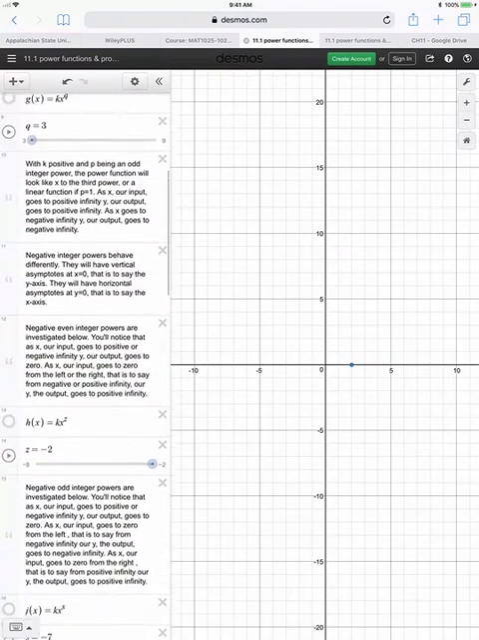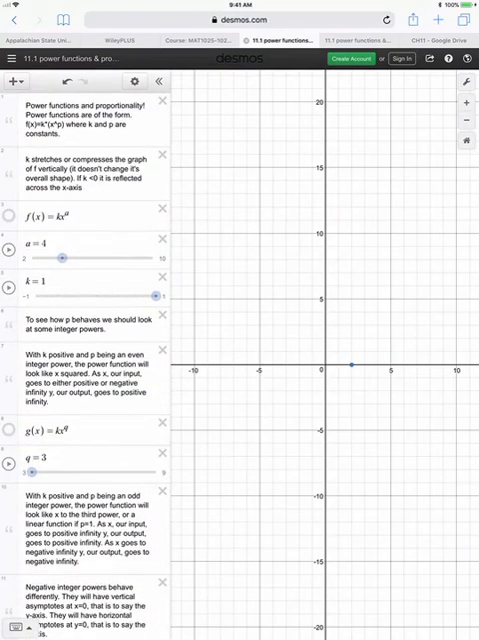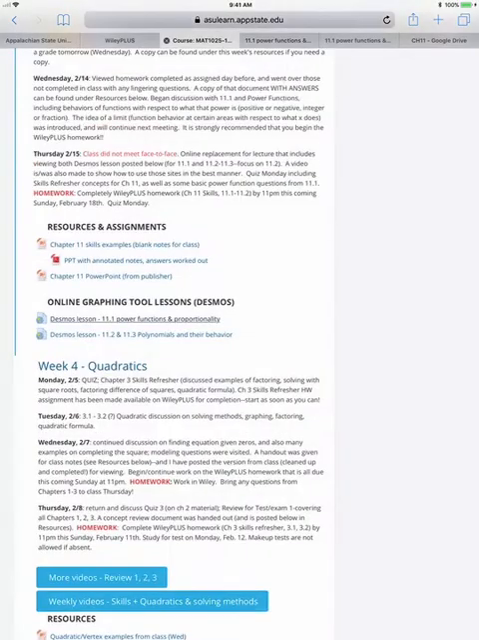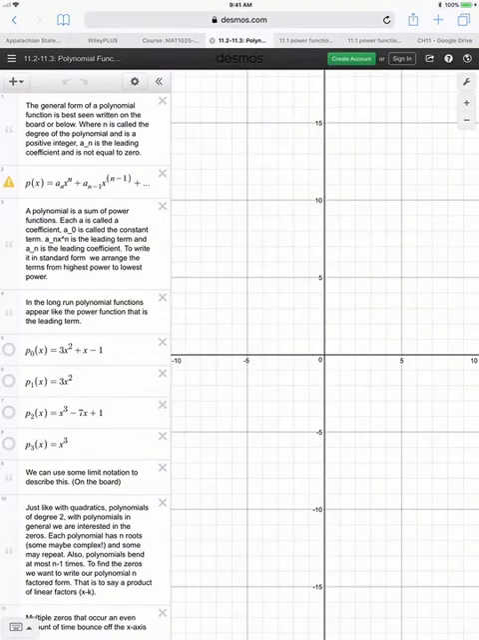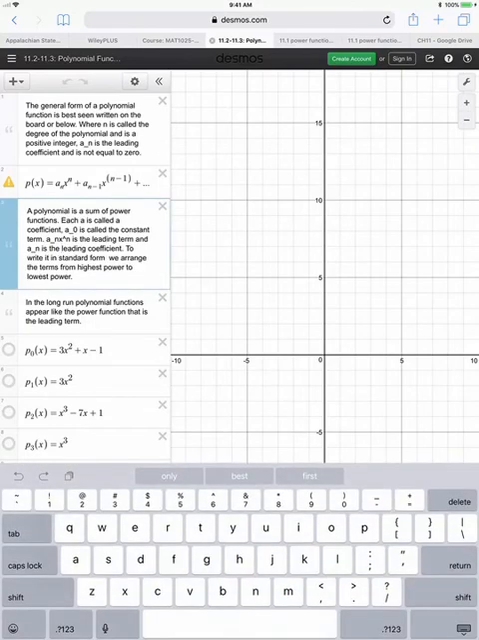This is live, so you play with it, click the graphs, play with the functions, and see how the power affects the shape. And then once you've done 11.1, 11.2 looks at polynomials. Polynomials just take power functions and add a bunch of them together. So right here, a polynomial is a sum of power functions. The terms have coefficients,